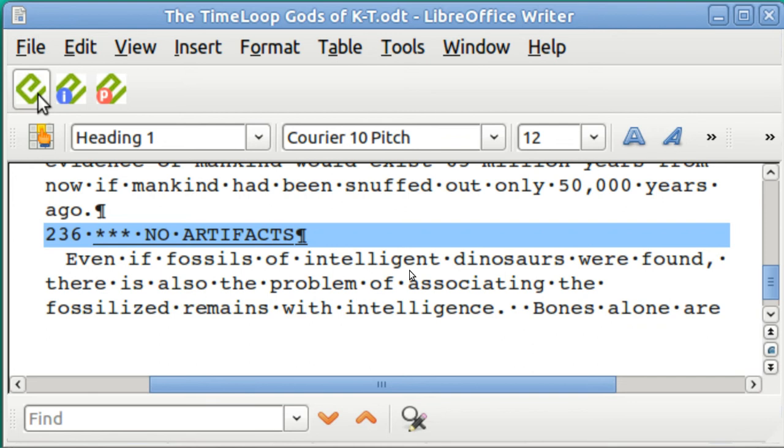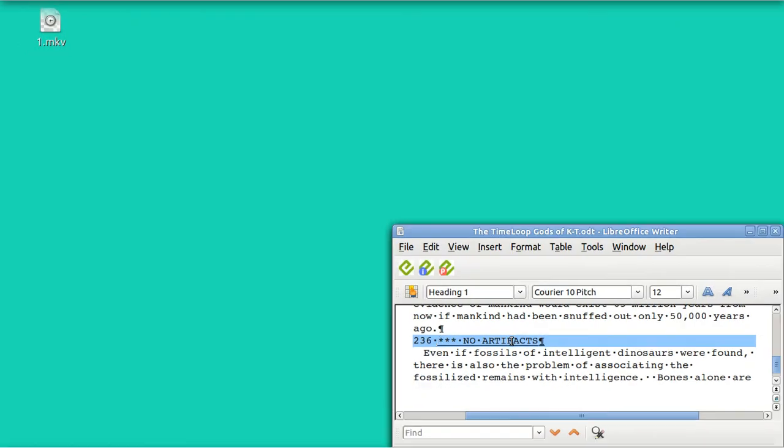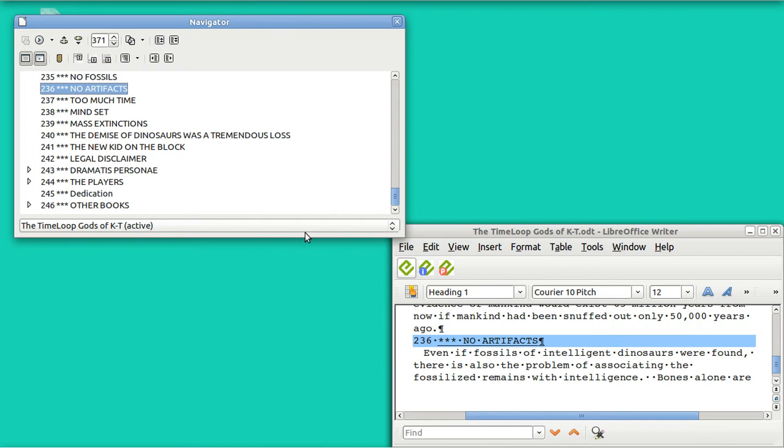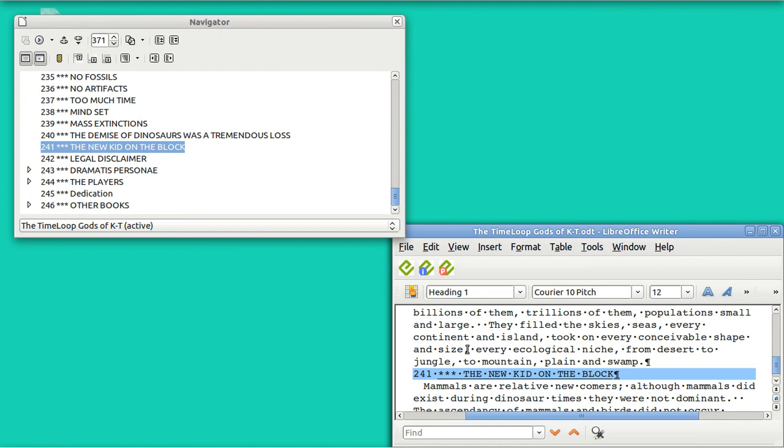To explain further, in case you are lost, I want to point out that right here I'm on chapter number 236, and these are automatically numbering. And across here is what I have typed in on heading 1. And I can go to look at my navigator by hitting F5, and I can jump to any chapter by tapping it, and now I'm in chapter